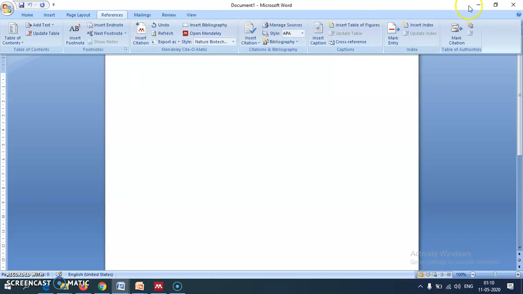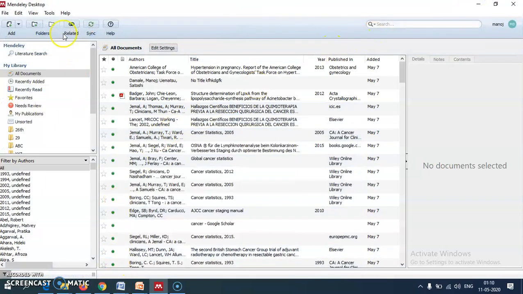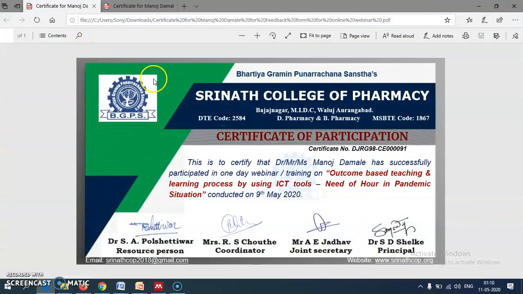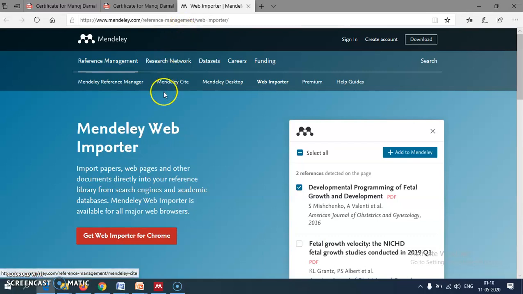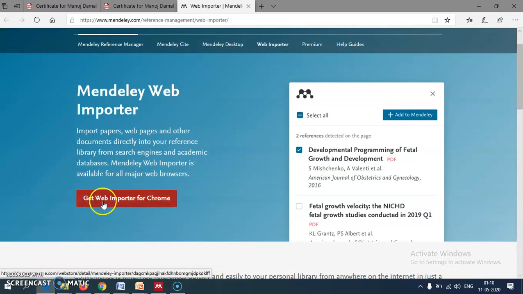Then we will see how we can install the browser plugin. For that, we just have to click on Install Web Importer. If you click on it, it will go to the browser. It is saying directly, get Web Importer for Chrome.